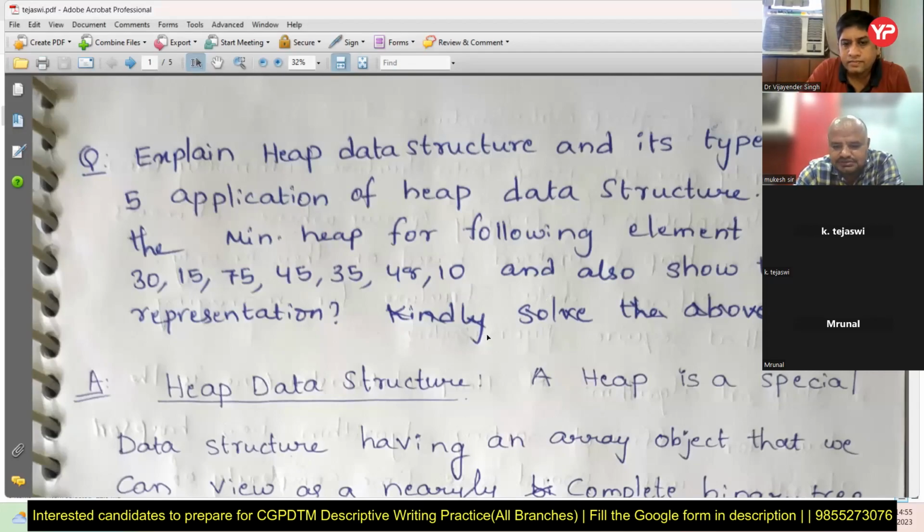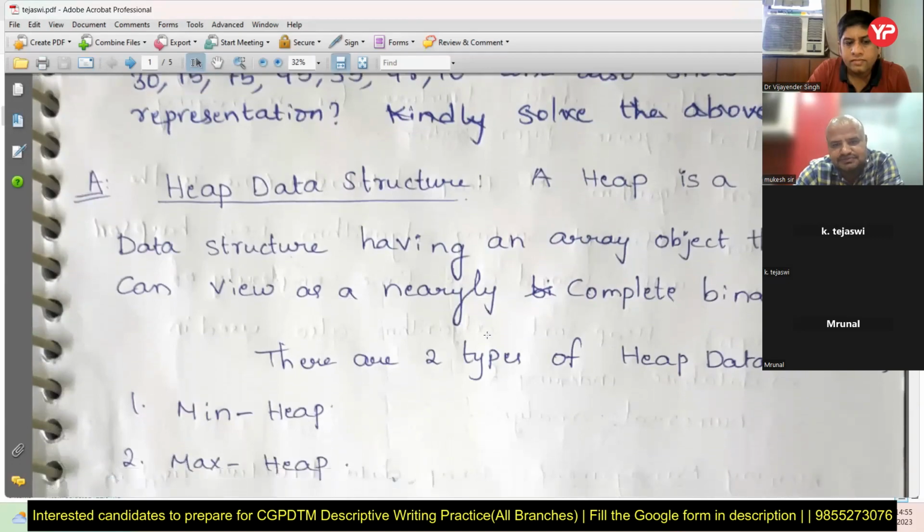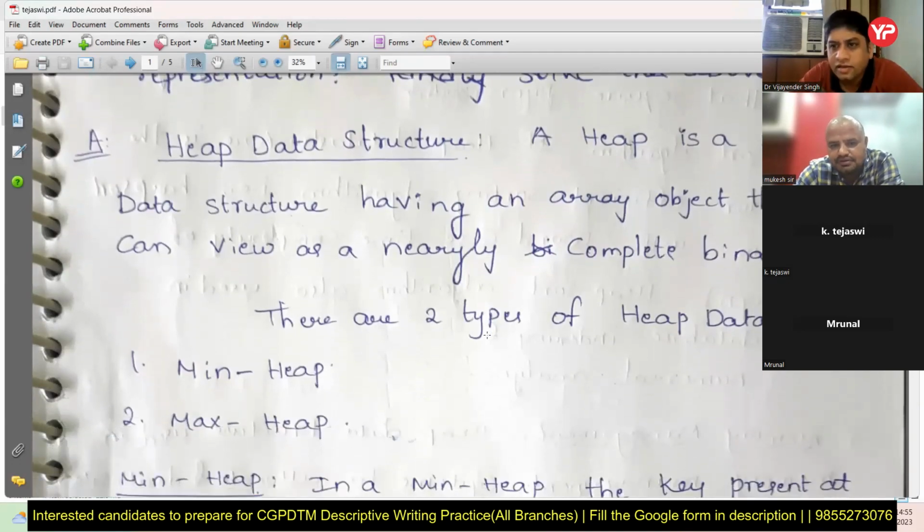So start with your answer, Tejasvi. So see, start with the problem, heap data structure, right? You start with the heap data structure word. So you give a proper definition. अभी देखो इसमें. सॉरी टू कट यू मुकेश सर, देखो इसमें, तेजस्वी ने बीइंग गर्ल, गर्ल्स ऑलवेज हैव अ वेरी गुड राइटिंग स्किल्स।